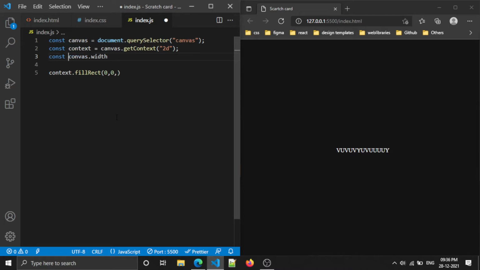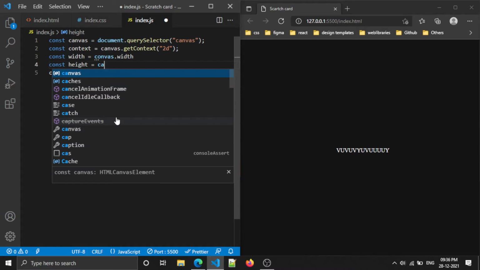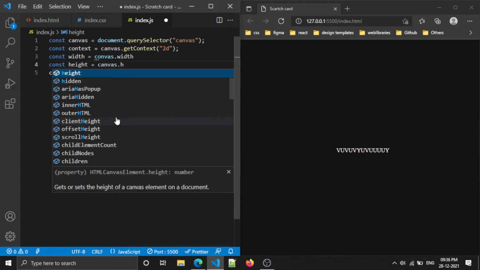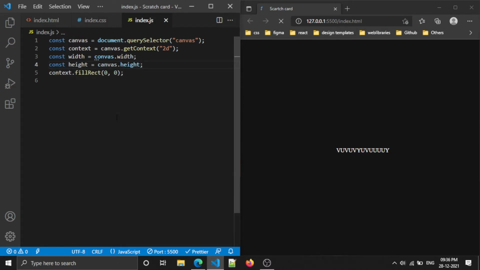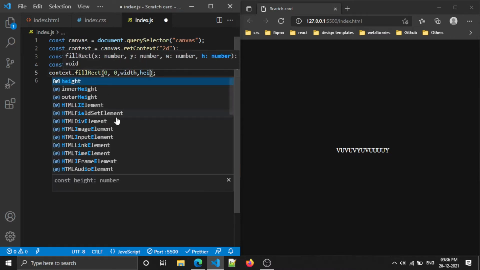const width equal to canvas.width, same like height equal to canvas.height. So here, width comma height.